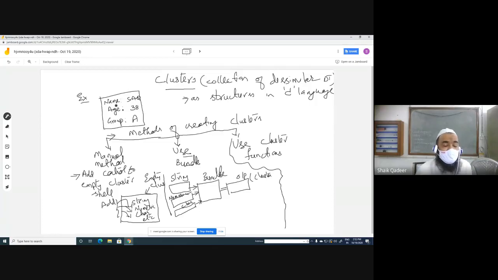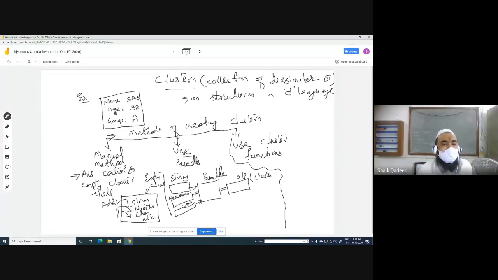The application is, let us suppose that we want to create an object or the structure of an employee or a student. In that we want the name of the employee or the name of the student. The data type of this is string. Agree? Yes, sir.